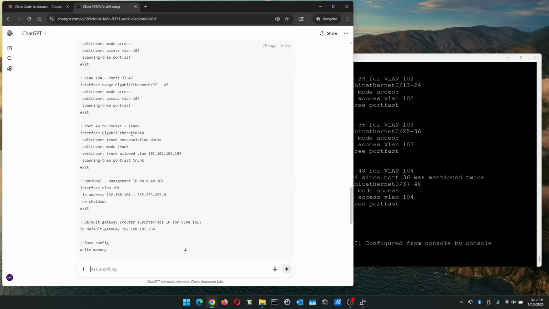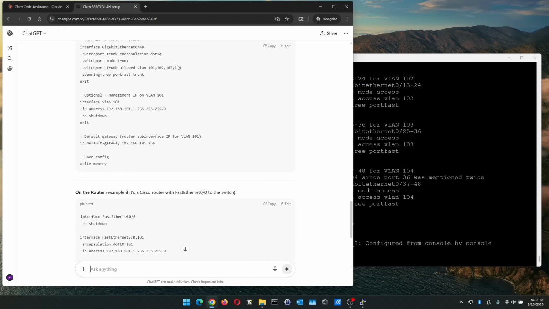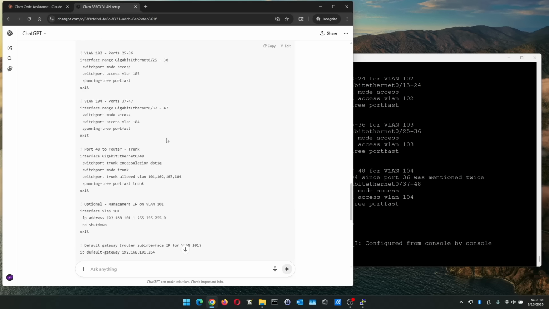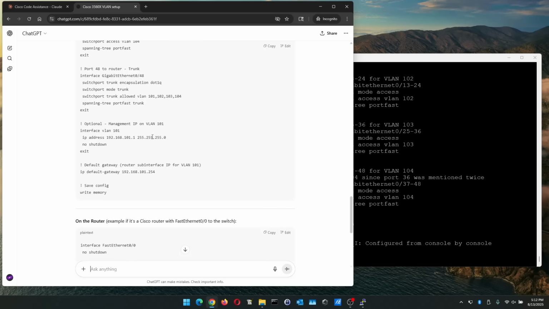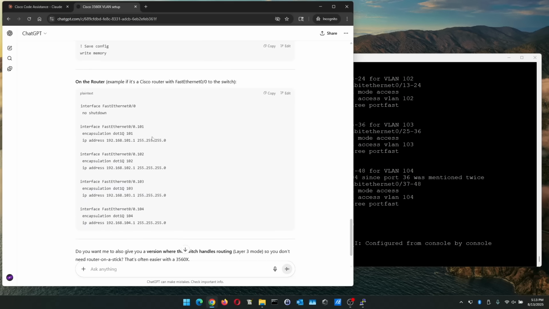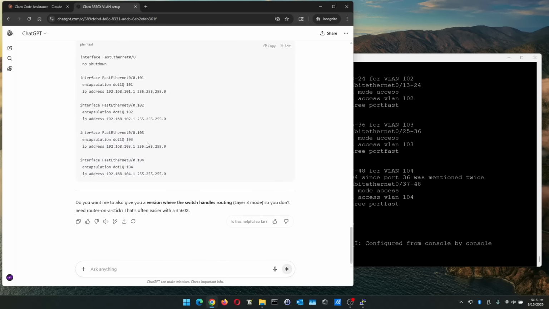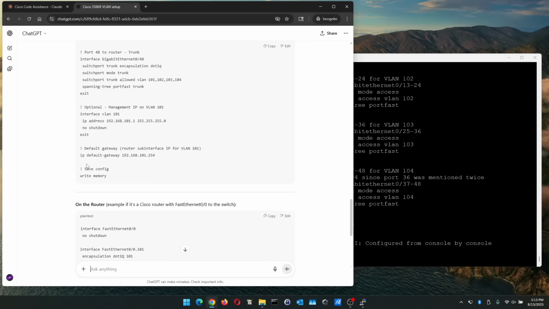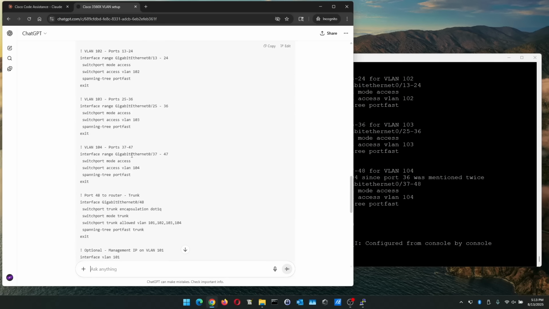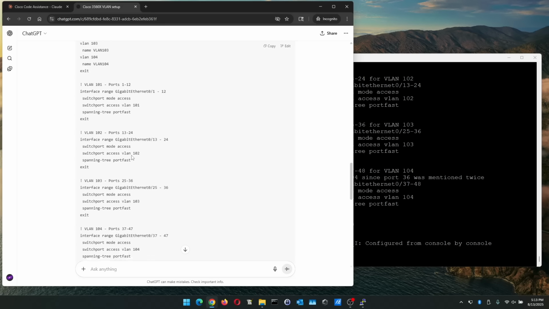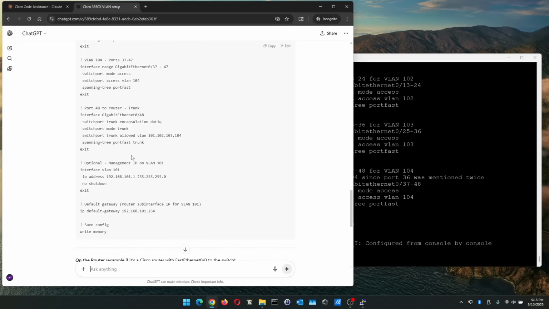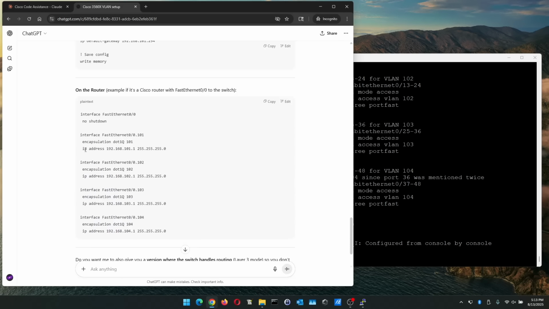It puts 1 through 12, sets up the trunk, that's correct, sets up the VLAN interface, management IP, on the router. It didn't do the end here. So yeah, okay. In this case, it set up the VLANs and it thinks it's telling you to put the virtual IP in the instructions on the router itself,